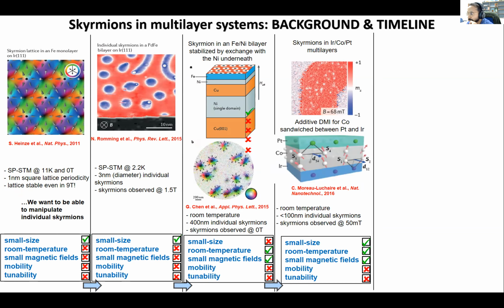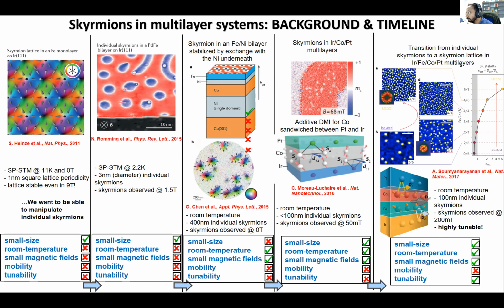The next year, we saw that the skyrmions generated were not only small in size and room temperature, but also stable at small magnetic field. So you can see these 3 boxes were ticked in 2016. Finally, in 2017, there was a system proposed which used something called additive DMI, where 2 different kinds of DMIs from 2 different